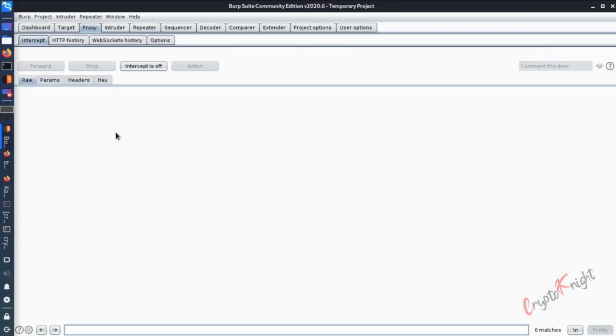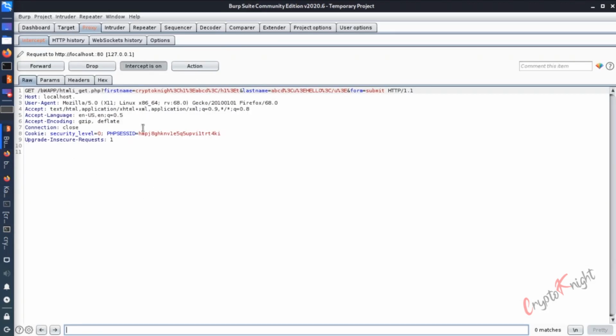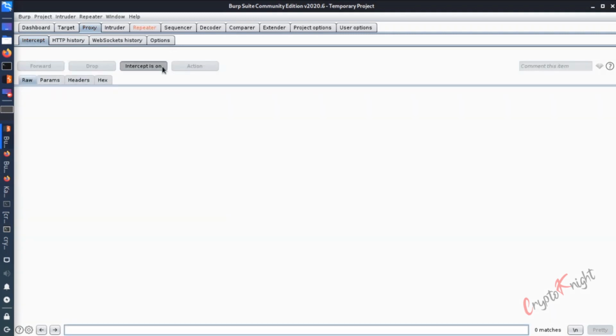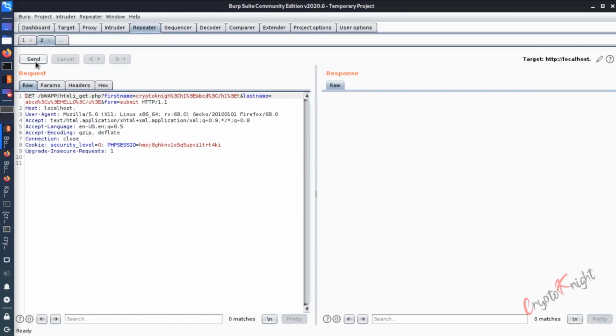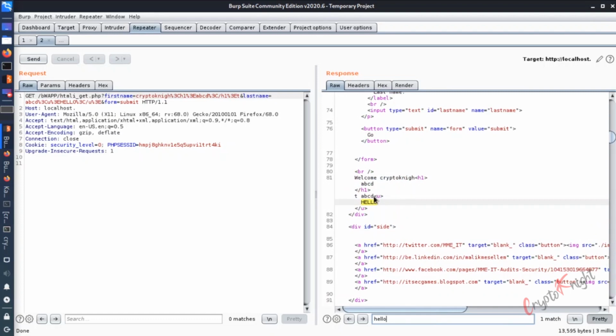Also, if you want to see in Burp Suite, turn the intercept to on and hit enter over here. So this request will be captured. Right click and send it to repeater. Now you can either drop this request or intercept off. In repeater, if we click send, now search for hello, you can see that perfectly our u tag has been inserted in the web application. That means this application is vulnerable to HTML injection. And same goes with this. It has ABCD, let's see. Yeah, so h1 tags have been inserted and ABCD has been enlarged.